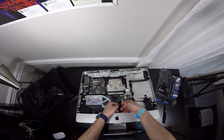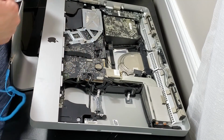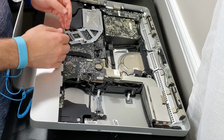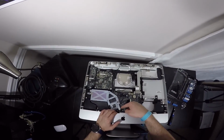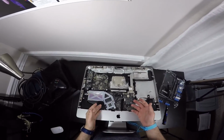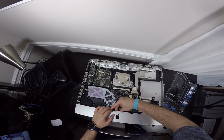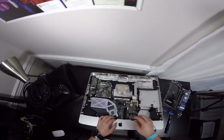Okay, so next thing is that we are going to undo this cable right here. It sticks to the motherboard, so we have to remove this out from the keyboard, or from the motherboard. We have to move this off to the side. And then there's also an IR chip right here, and this is what we unplugged here. And I removed the plug, but in the video the guy didn't remove the plug, so you just have to remove it upward, going up this way,